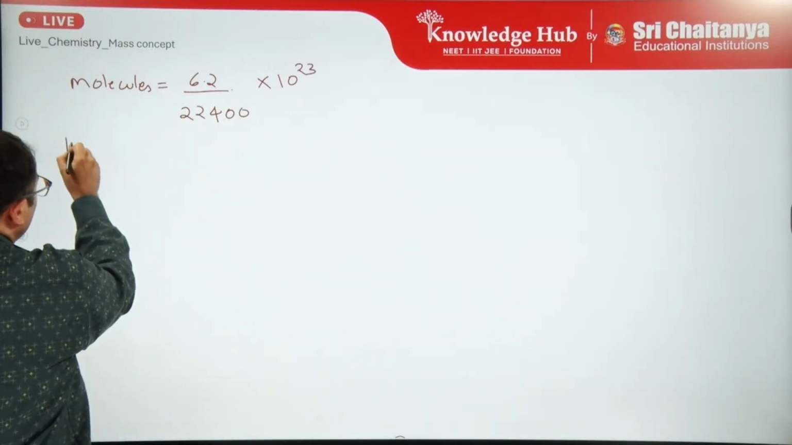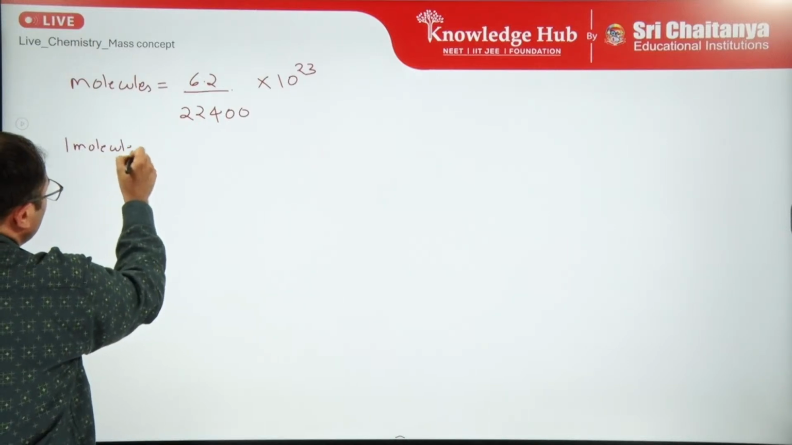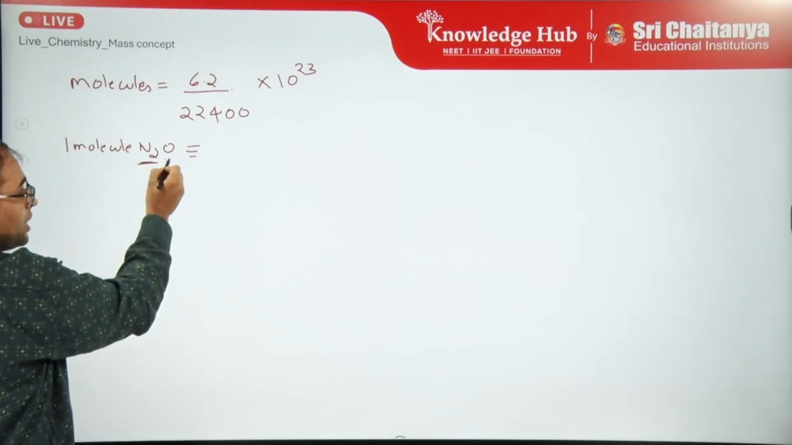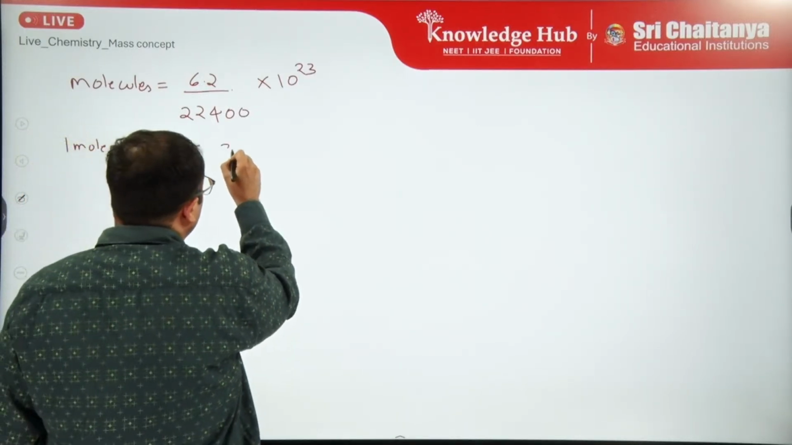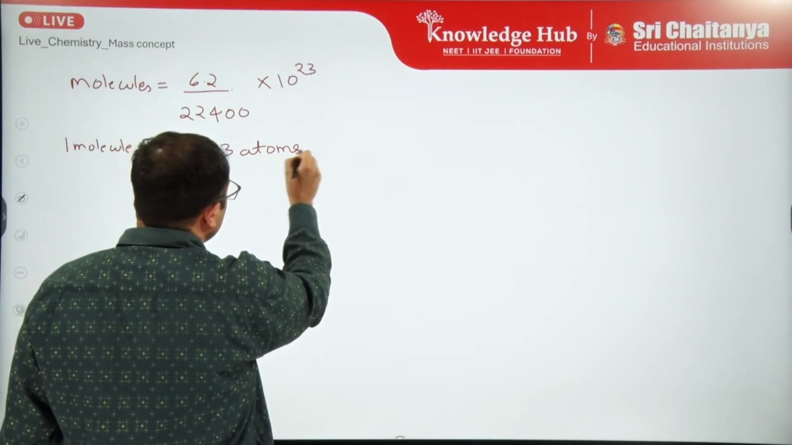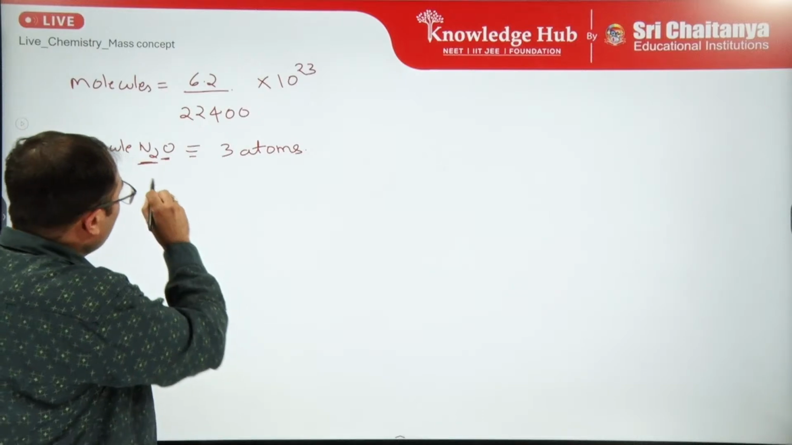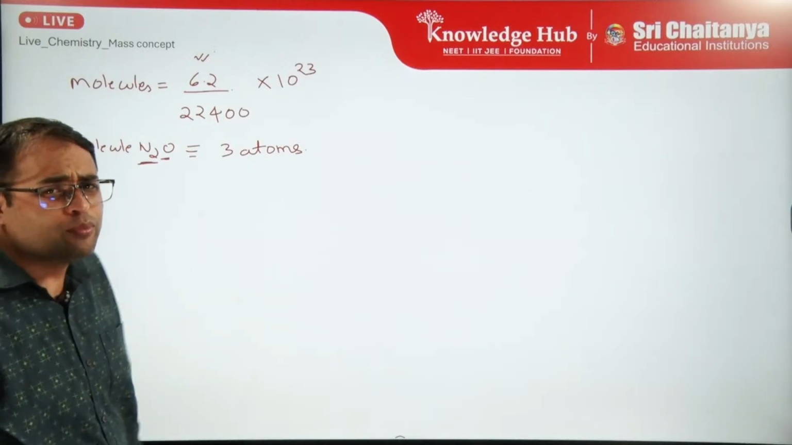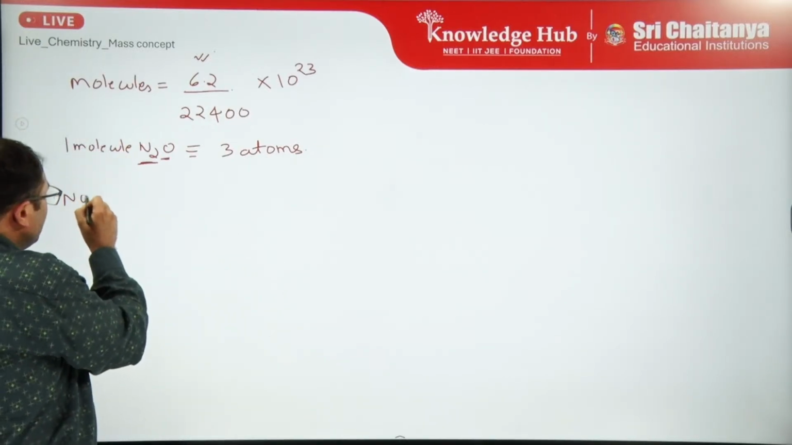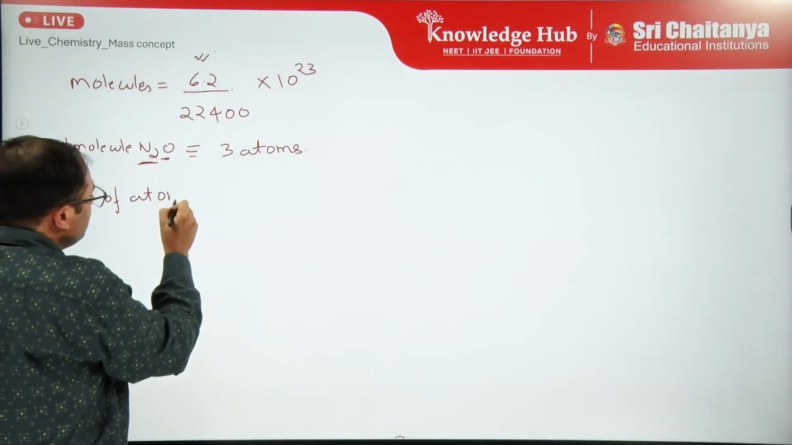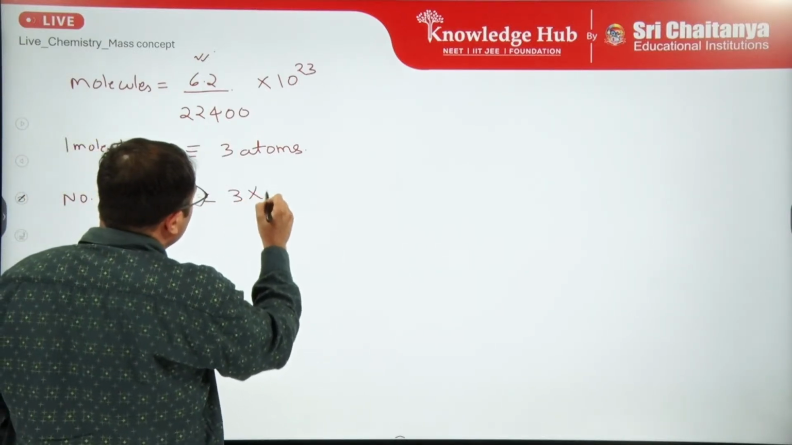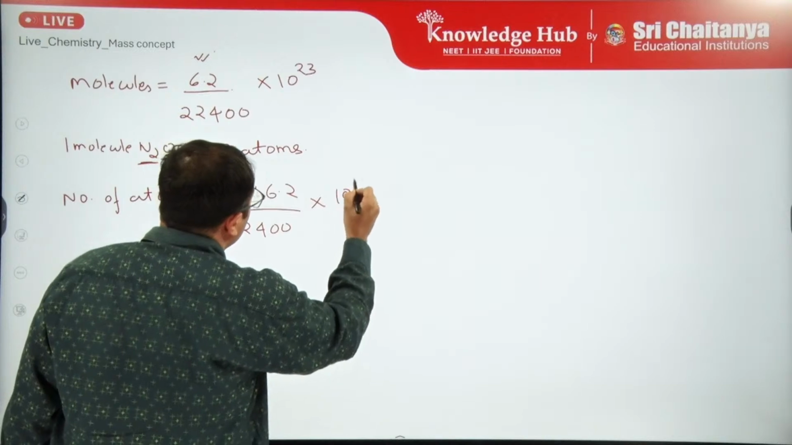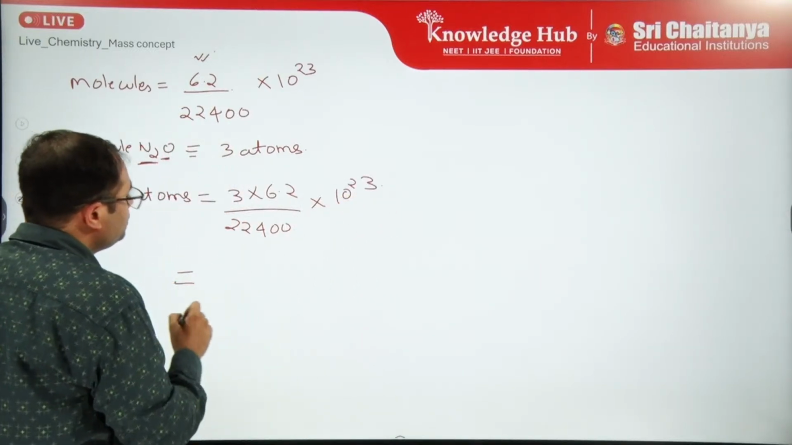So if I talk about one molecule of N2O, how many atoms are there in this? 2 nitrogen atoms and 1 oxygen atom, right? So there are a total of 3 atoms. If in one molecule there are 3 atoms, and there are these many molecules, then how many atoms will you have? Simply you multiply them. So the number of atoms will be 3 multiplied by 6.2 by 22400 multiplied by 10 raised to power 23, and this comes out to be